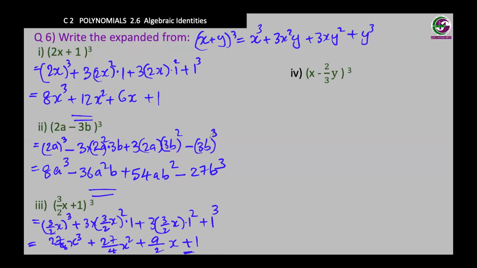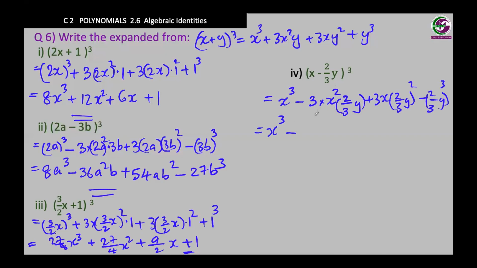Now, the last question of 6. X minus y the whole power 3, which can be written as x cube minus 3 times the square of the first term times the second term plus 3 times first term times the square of the second term minus the cube of the next term, which will be equal to x cube minus this 3 and this 3 get cancelled. So we have 2x square y